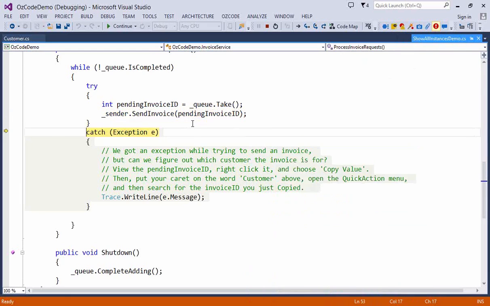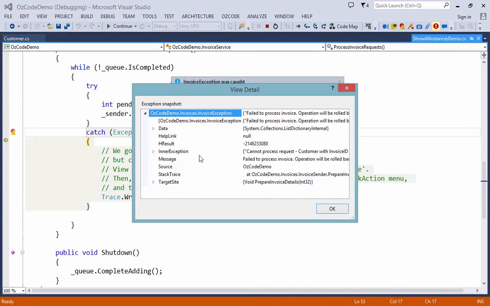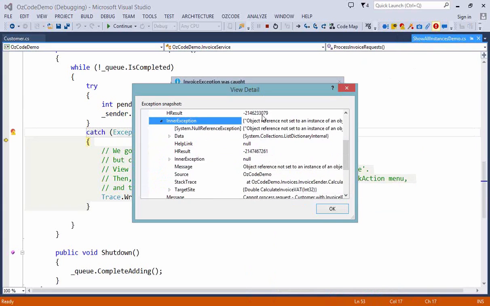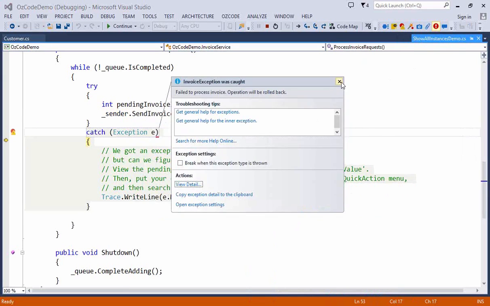Now, here I'm in the catch block. If you ever have to deal with nested exceptions, you know this is not fun. This is the regular exception assistant. What you would normally do is click on this view detail, then scroll down and see that there was an inner exception, and then click this inner exception to reveal further that it has an inner exception. This is really not the best way to debug this. So with Ozcode,